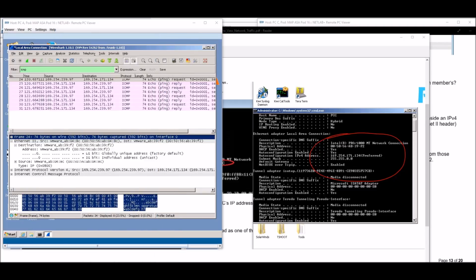So we look at our MAC address here, which is 5056AB39F2, and if we looked here, 5056AB39F2, and there we go. Those are the same, which is really interesting that once we ping, we can find out what the MAC address is on that other card on the network just by pinging. And there's other tools that you can use to start pinging and trying to find open or live network ports, and then you can start pinging those and finding more information about them.